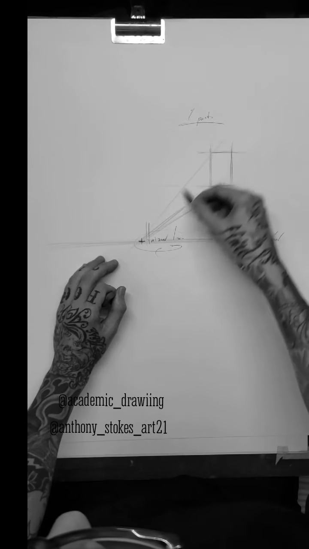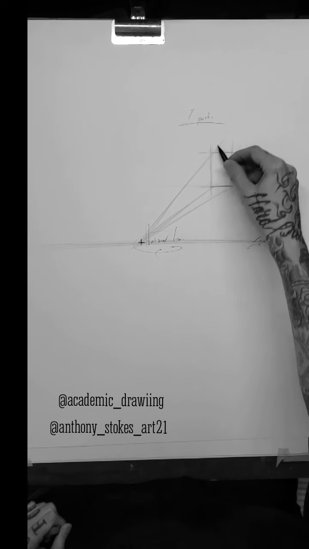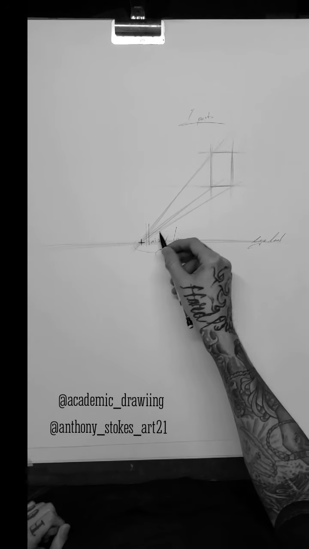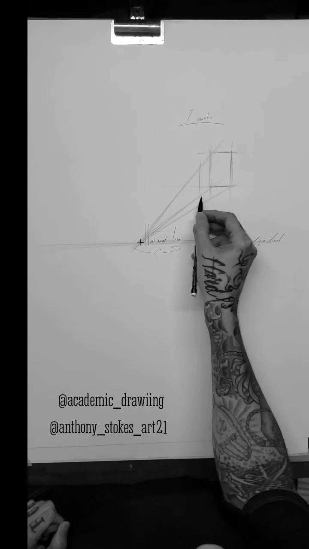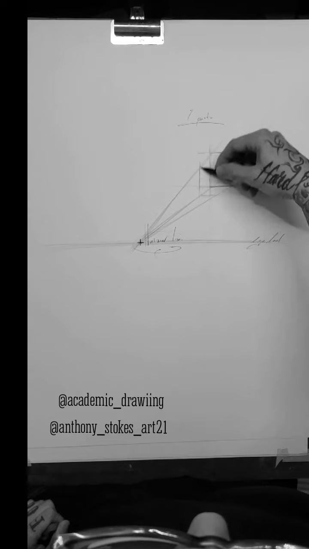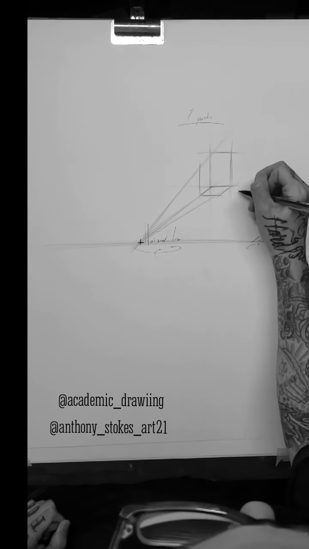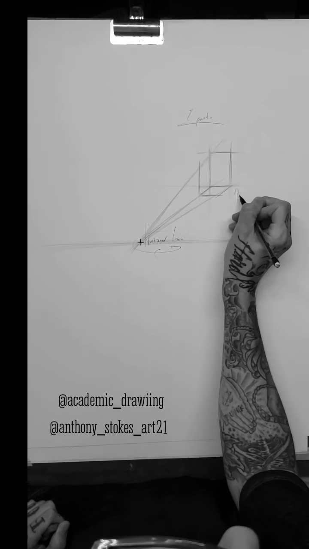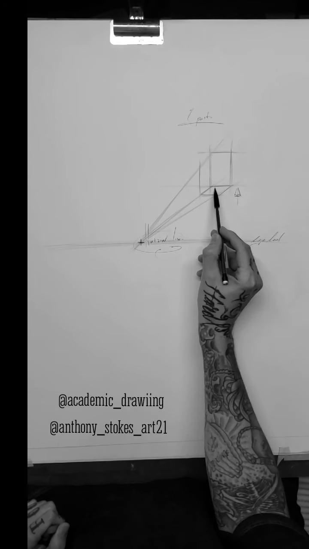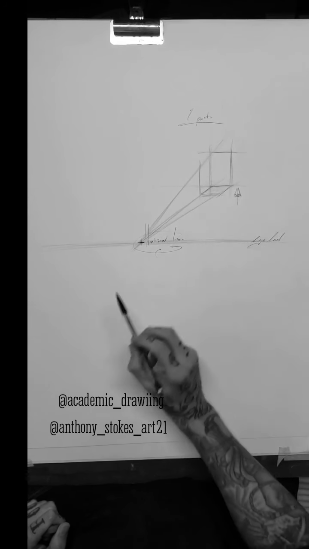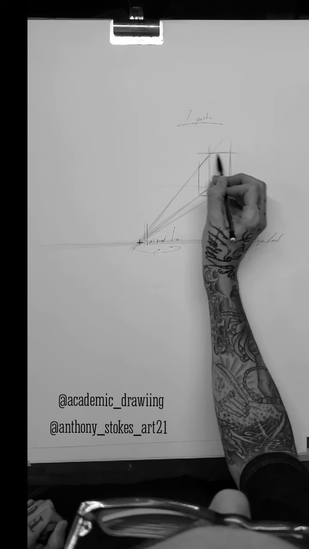Because they're going to converge down here. All right, and then what we'll do is draw the back of the head, something like this. Now, from this perspective, we are looking up, right? We're looking up at the head. Okay, this would be underneath the chin, all right? So if we went like this,